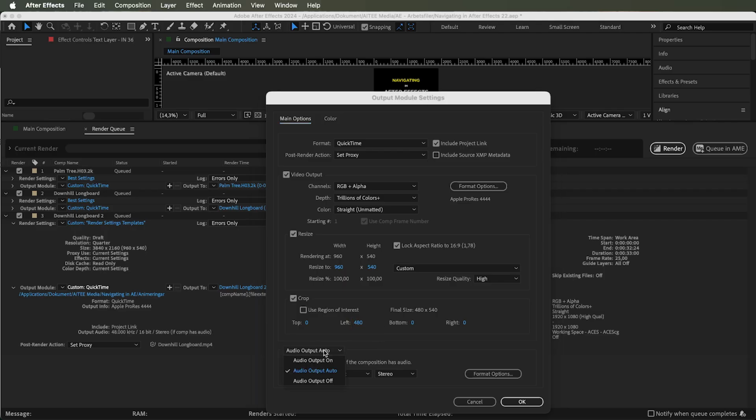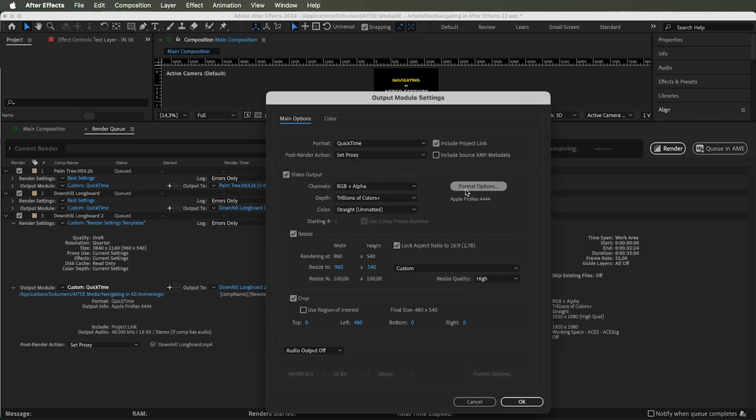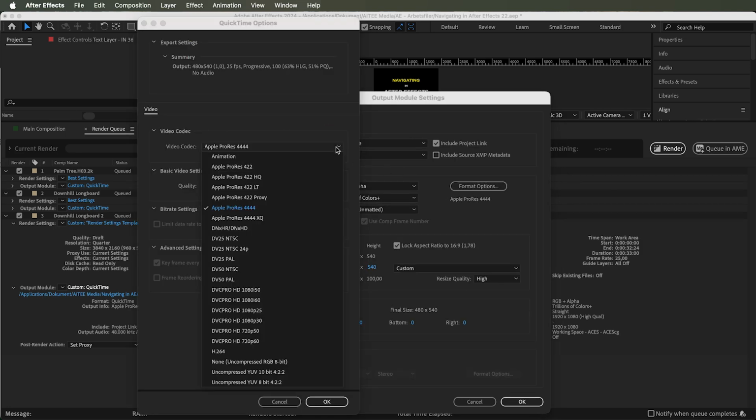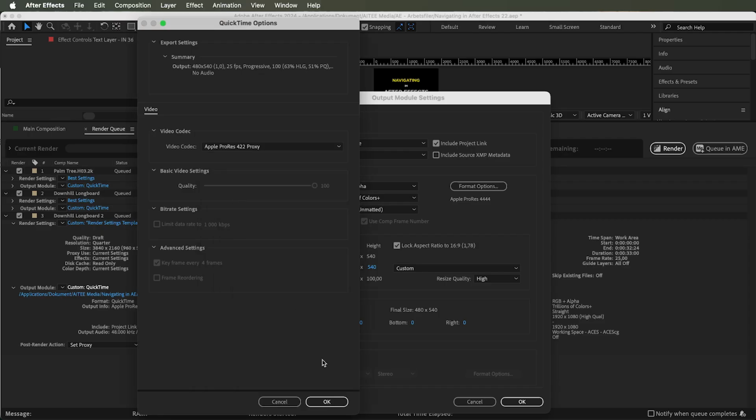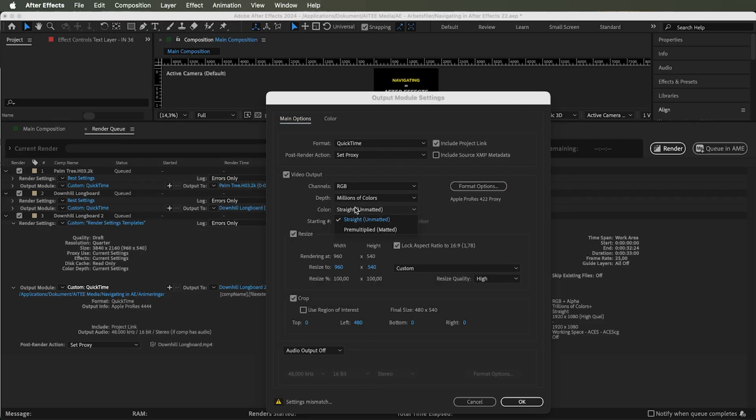Finally, choose to include a separate audio or to create one, whether there's actually audio on the file or not, auto only if there is one, or just turn it off. In the color tab, rounding it off with some final adjustments for the output, preserve RGB and linear light. Now for this proxy, I will change the format again to the Apple ProRes 422 Proxy to save a little bit of some otherwise massive file